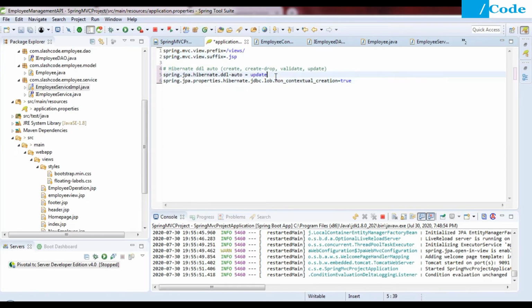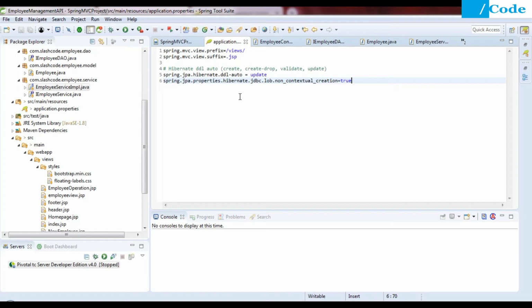If the table is not present, it will create a table, and if it is present, it will just update it. And this one is the Spring JPA property Hibernate lob non contextual creation. In Postgres we need to put this value as true. This is to fix some issue. We need to put lob dot non contextual creation as true. Okay, that is all we need to do.